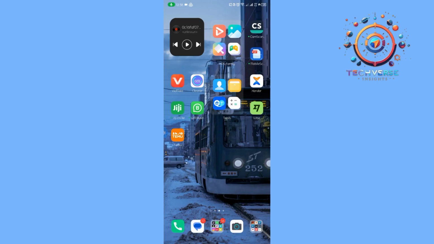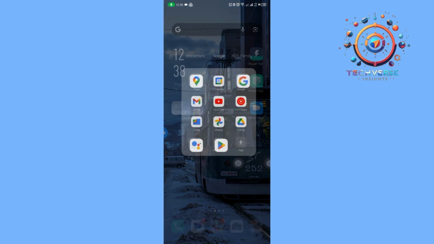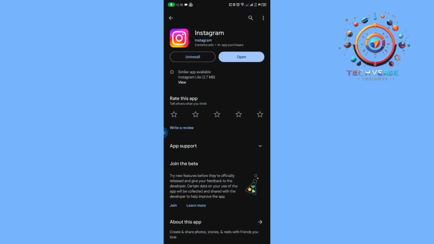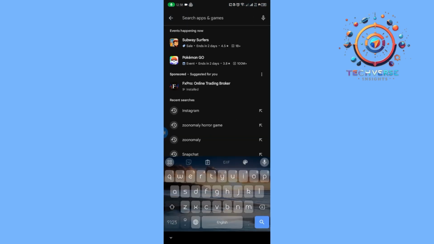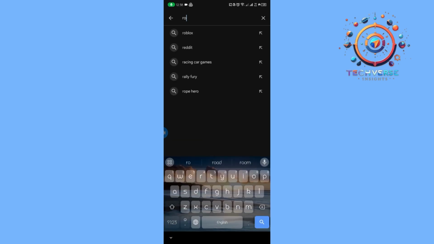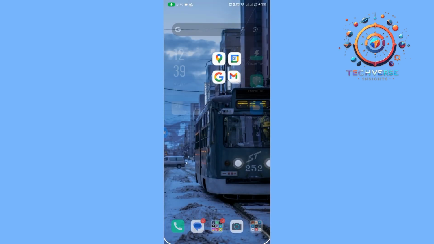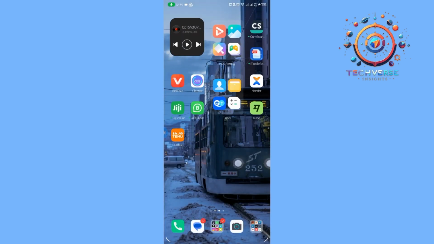Hey guys, today we're going to learn how to fix Roblox Error Code 268 on mobile. And all we have to do is make sure that we have the Roblox application on our devices. I'm going to search for Roblox and download it. And then from there, if in the case that you did try launching the app and it gave you this